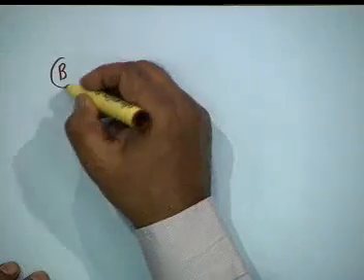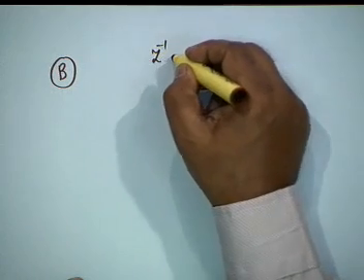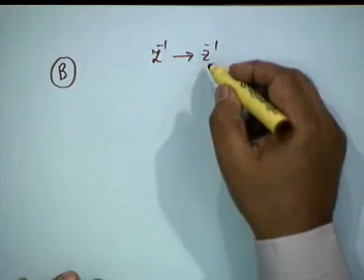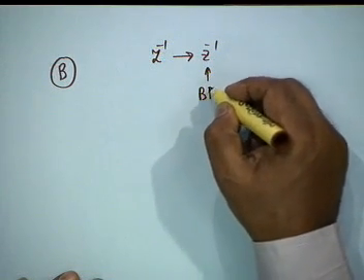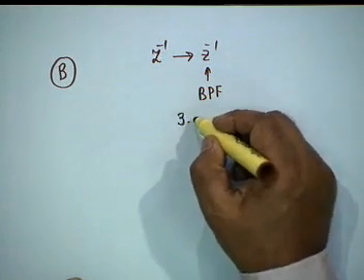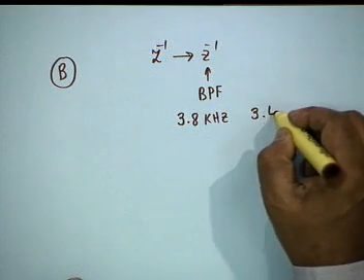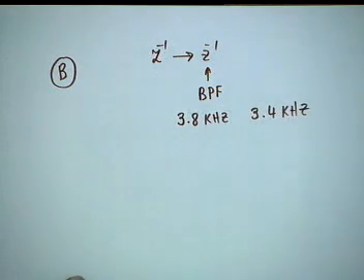Now, let us look at a bandpass design. Suppose it is required to go from capital Z inverse to small z inverse, where this is a bandpass filter with cutoff at 3.8 kilohertz upper cutoff and 3.4 kilohertz. The tolerances are the same as the prototype. Now, please